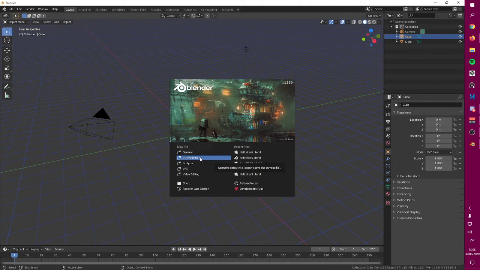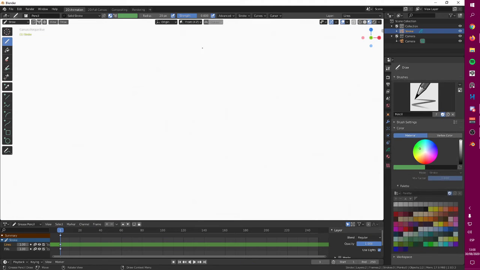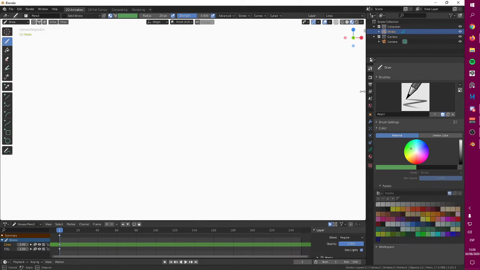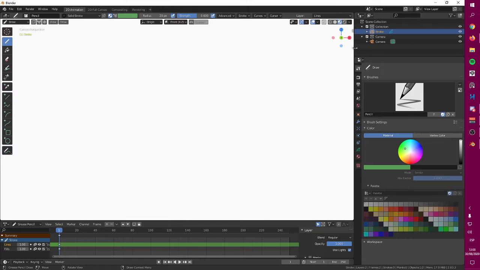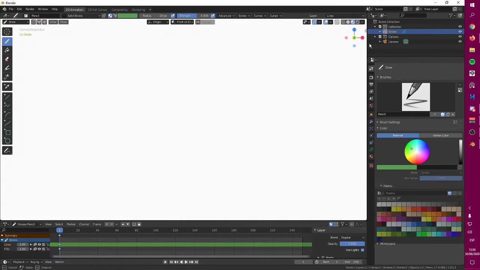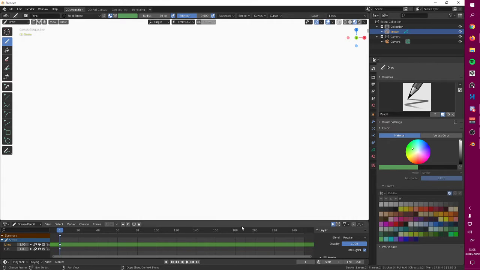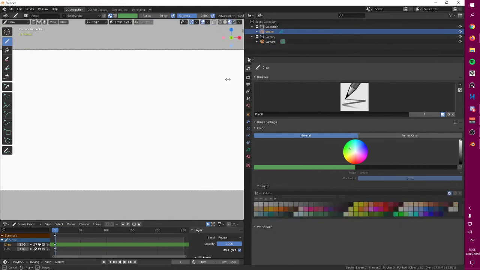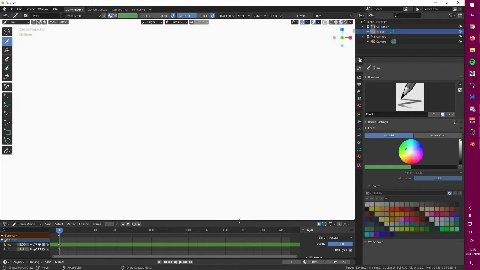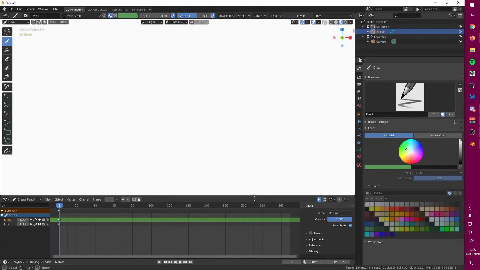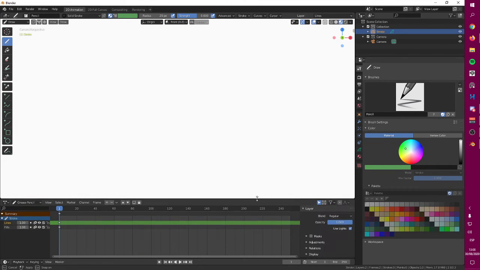So we're gonna pick 2D animation, and as you are going to see, this is going to change the entire thing. The entire program is now different. You can always play with this workspace. You can always change things, like you can grab this from here to here. It's highly customizable. I still don't know how to customize everything, but you can change a lot of things. Like for example, here you have different tabs.